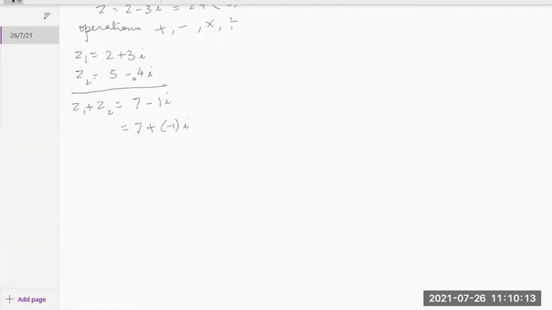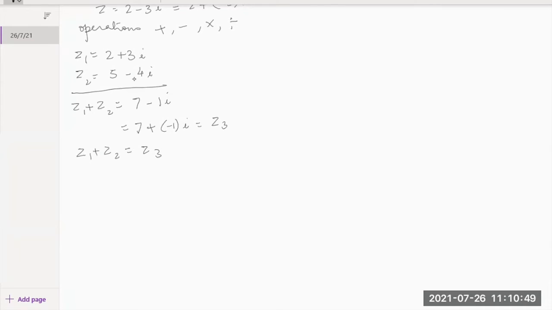Now you can see again, this is a complex number. It has got a real part here and another imaginary part. So let's say if this is some complex number, let's say Z3, you can now make one statement that Z1 plus Z2 is again giving you another complex number. So therefore, you can note this as an identity, that addition operation can be applied even to complex numbers also, like you were able to do it in the other number system.